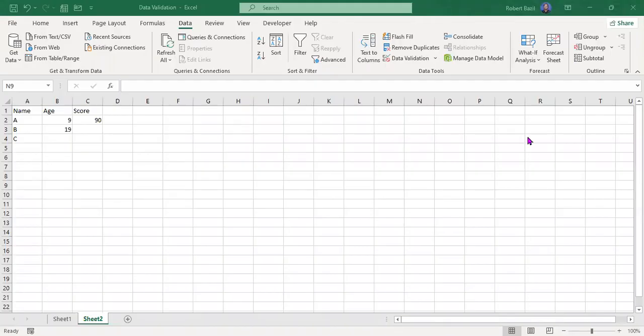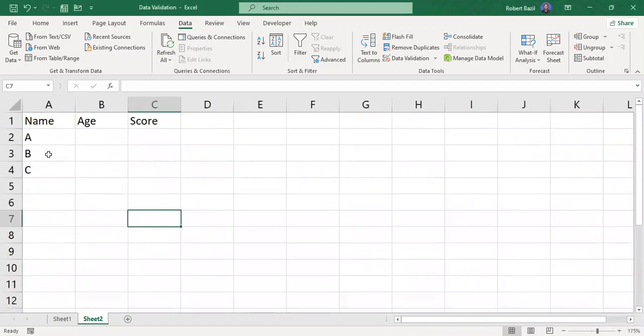Hello everyone. In this tutorial, I'm going to speak to you about data validation as one of the most important features in Microsoft Excel. So stay with me to the end, then you'll be able to understand what data validation is. So now taking a look here, I have some sample data